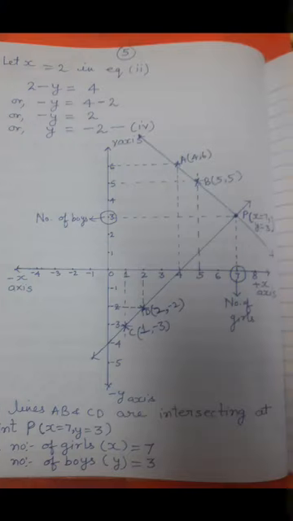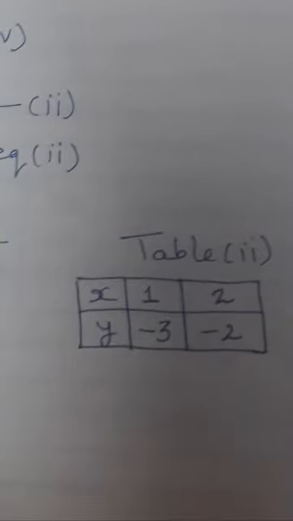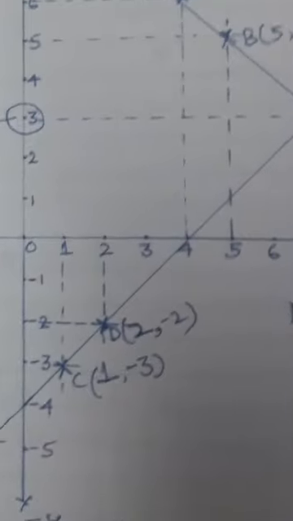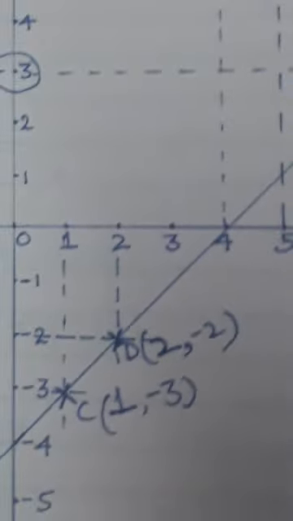Now see here, the second point for the second equation is, when we have taken the value of x as 2, then we have got the value of y as minus 2. So x is positive. On the x-axis, this is point 2. From here we have to draw a vertical line downwards. As the value of y we are getting is minus 2, we have to move in the negative y direction. And from minus 2, we have drawn a horizontal line. Where these two lines are intersecting each other, say this point as D. Its coordinates are 2 and minus 2. Now using a scale, we have to join C and D, and we will produce this line.